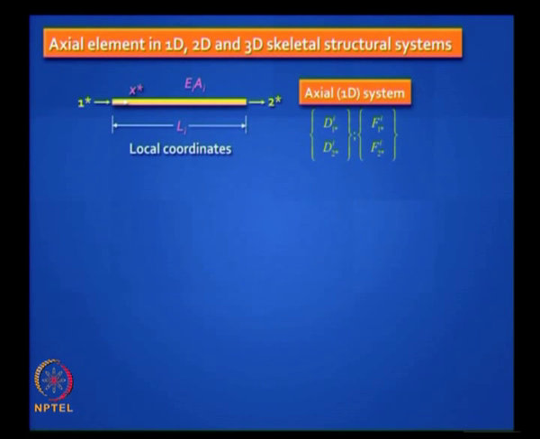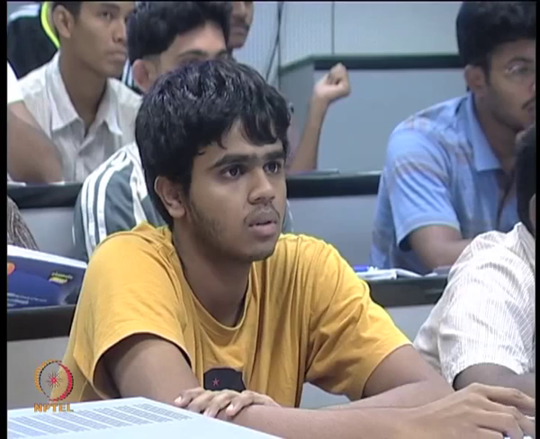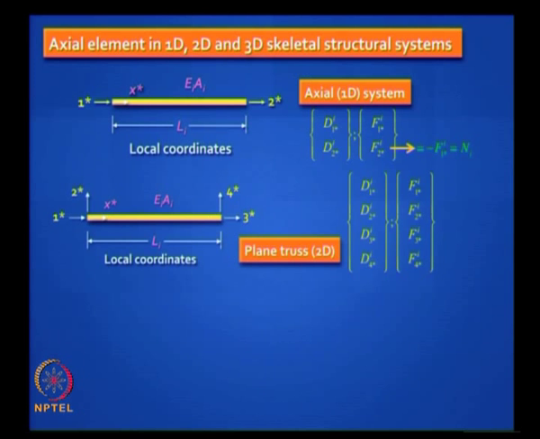Are they really independent, the 2 components of the vector? In D they are independent, D1 star and D2 star have no relationship with each other, but F they are not, okay. Can we say something more? They are interdependent. They are interdependent and actually they are equal and opposite to each other, and they are equal to the internal axial force in that member, right. Is this clear? Okay.